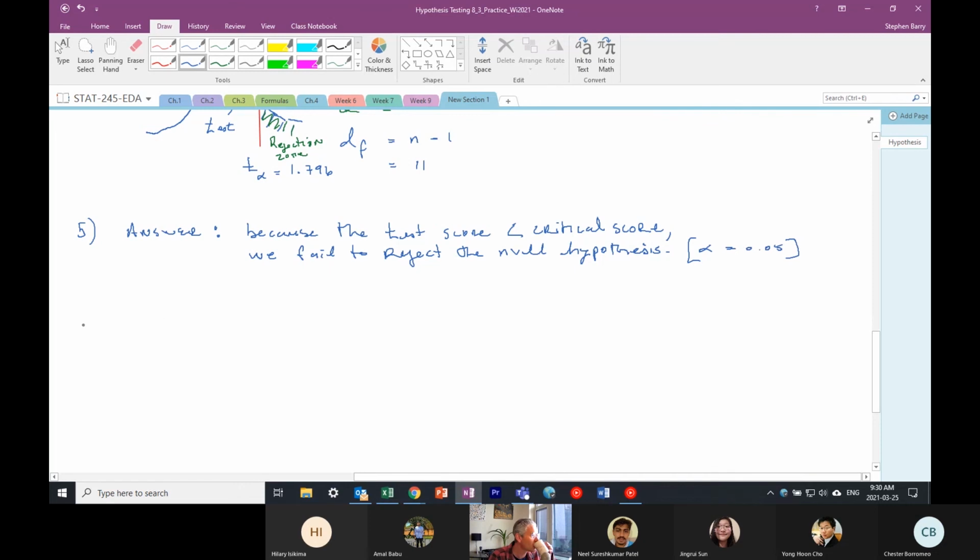And again, please, this is the most important part that I'll be looking for, and they mention that in the flow chart: restate your conclusion in non-technical terms. So you have to kind of go back and remind yourself of what you did, right? You said, basically, we're looking at the amount of alcohol. So you can say, there is not enough evidence